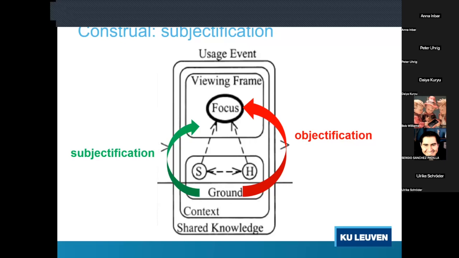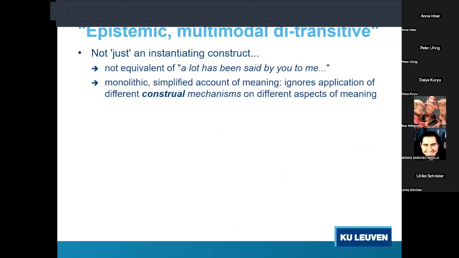In this case, like a lot of questions have been asked, a lot of things have been said, but you need the gestures to complete the picture of the subjectification. So you see my question, is the gesture really not making explicit who is meant, who has asked the question, and who has heard the question, yes or no? I do not know. What I do know is that you do need the multimodal approach in order to get to an accurate analysis of this interaction. Okay, I'm going to skip to my conclusion.